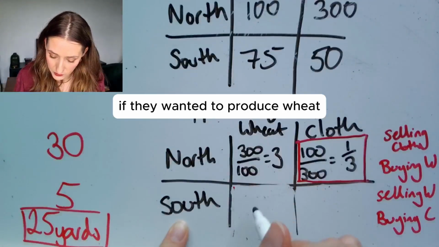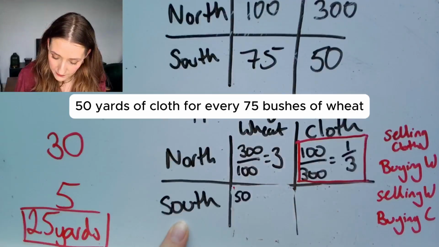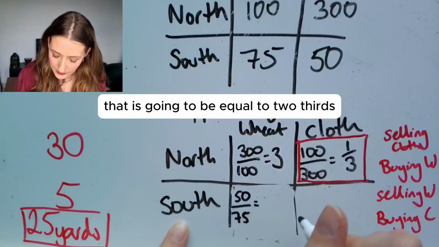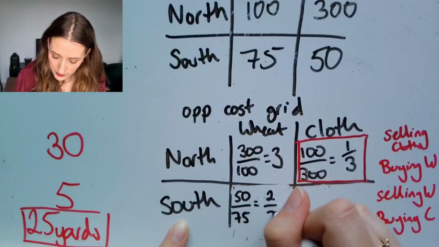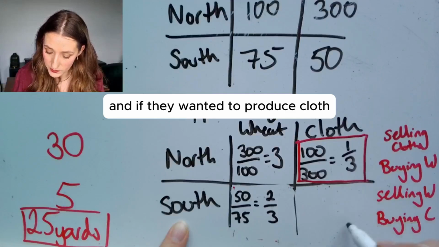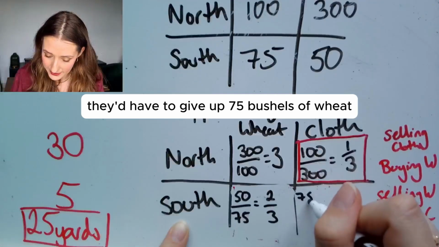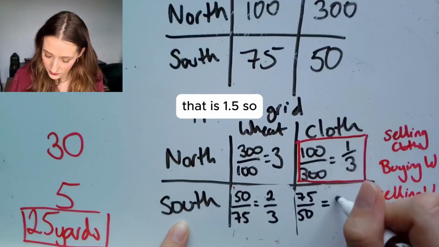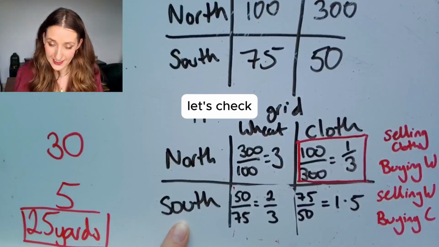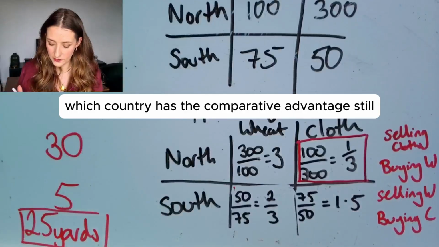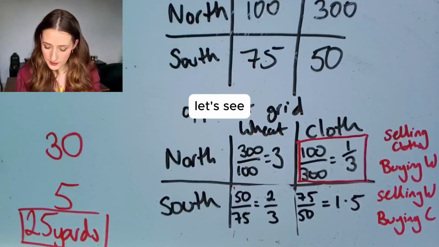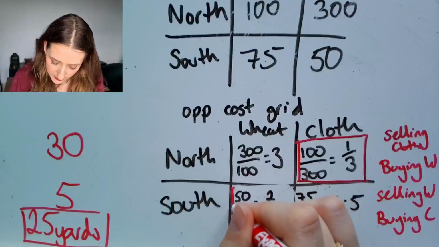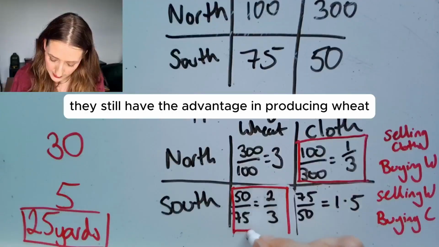If they wanted to produce wheat, they would have to give up 50 yards of cloth for every 75 bushels of wheat. That is going to be equal to 2/3. And if they wanted to produce cloth, they'd have to give up 75 bushels of wheat for every 50 yards of cloth. That is 1.5. So let's check which country has the comparative advantage still. We want the smallest opportunity cost, 3 or 2/3. Okay, yeah. They still have the